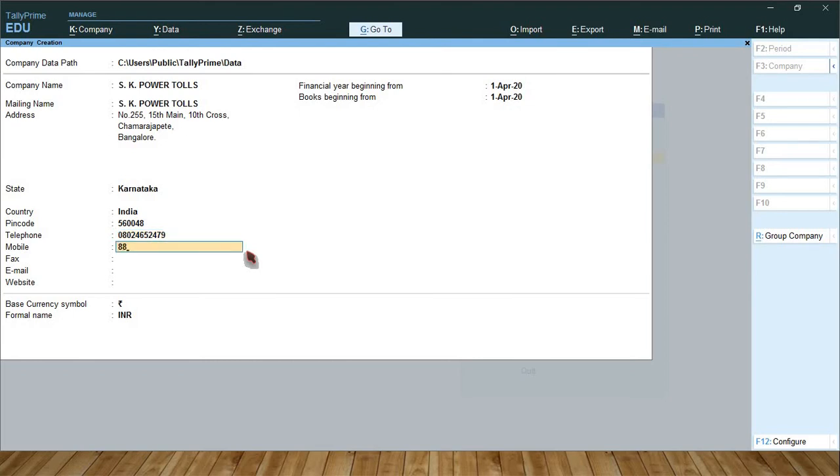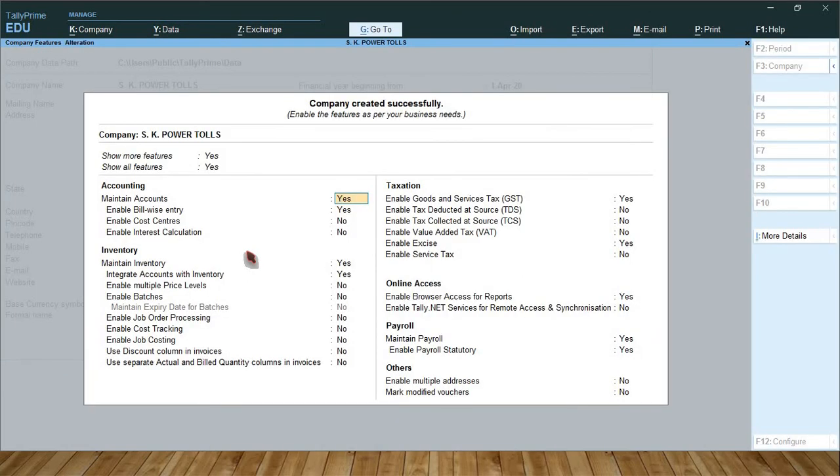landline mobile number 8105683834. If you have a fax number, type it, otherwise skip it. Email, type email raviraju.sd@gmail.com. So press enter, enter. This is the company features screen.